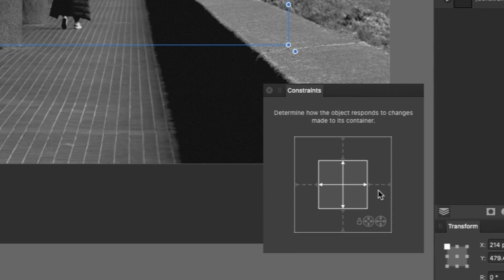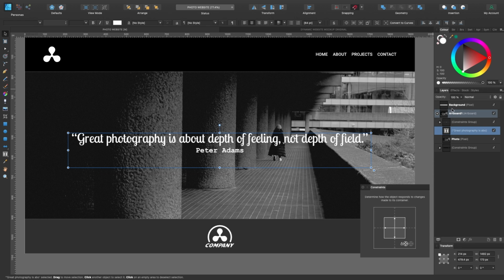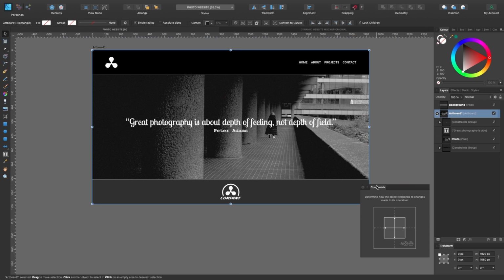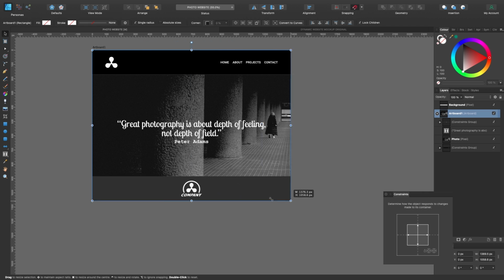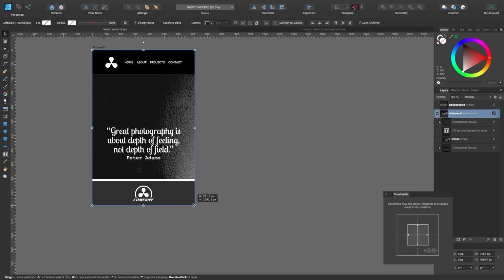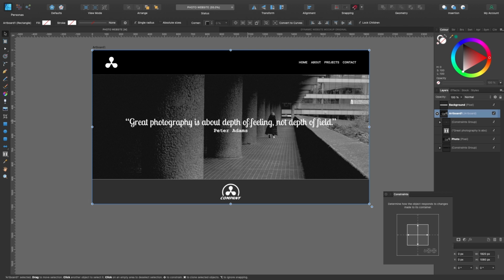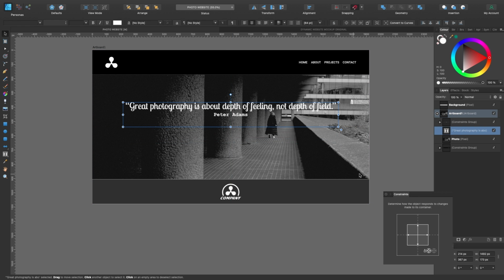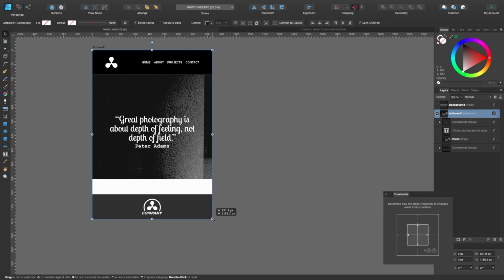So here it is. I'm not going to change the constraints scaling, vertical or horizontal, but I am going to click minimum fit here. So there we go, that's selected. Now let's grab our artboard and see how that performs. You can see now, let's say if it was a phone or something smaller, it is scaling nicely. I could bring it up a little bit more, and let's try that. Yeah, that works a little bit better now.